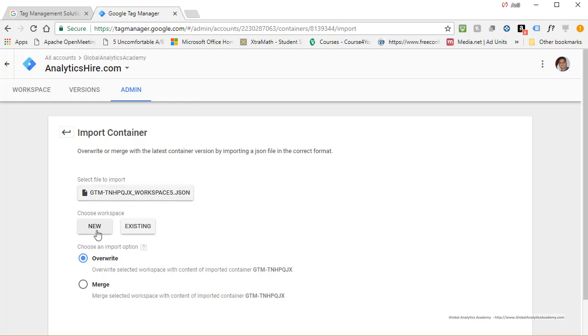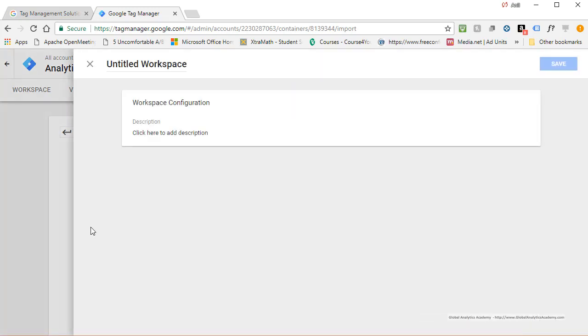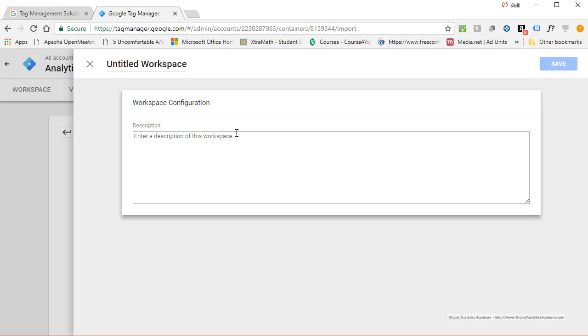You can either choose to create in a new workspace or an existing workspace. An import function is overwrite selected workspace or merge. Merge means it'll try to bring those contents together. Overwrite is just simply overwrite. Let's just create a new workspace and give it a description called